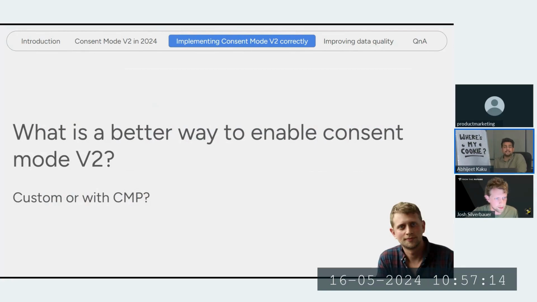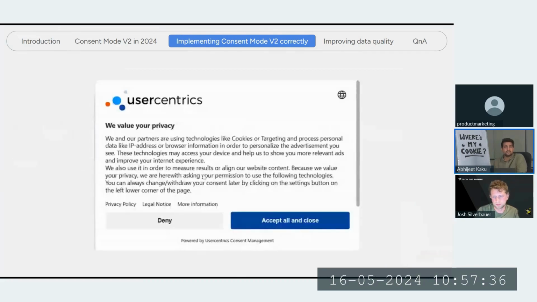I personally feel CMP is the one that we should implement, that actually solves the first problem that I mentioned. For example, if you have a global presence, you have some implementation in the US, you have some implementation in Europe, custom, and you also have to update it every time. CMP, I feel, is a better option to do this, but I just wanted to understand your thoughts so that we know what exactly is happening as of now.